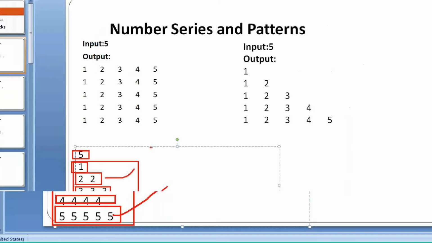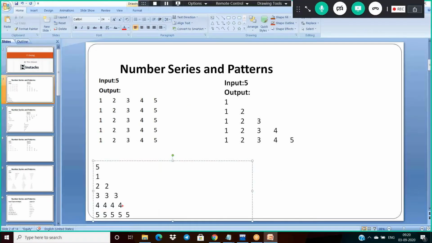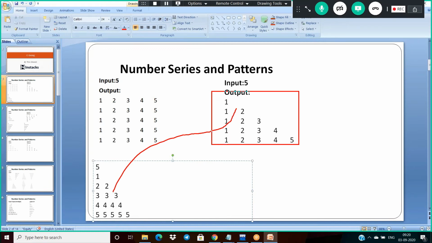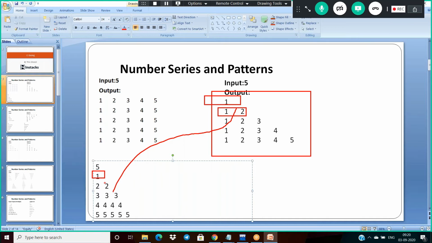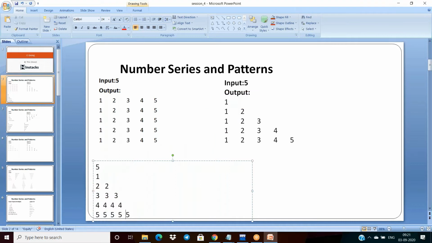Observe here, these two patterns are the same, just the way of representation. The pattern is a left-side triangle shape. The first time it will print 1, and it also prints, but the numbers are modified. Here it is 1 2, but the second time it will be 2 3. Here 1 2 3 4. Fine, and observe carefully.